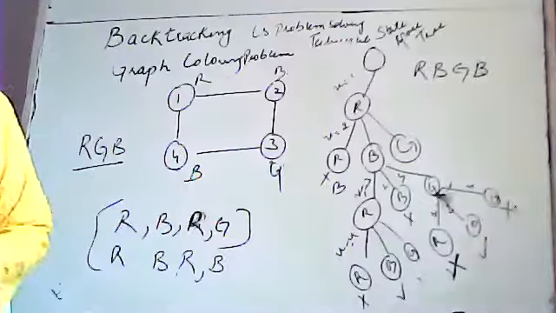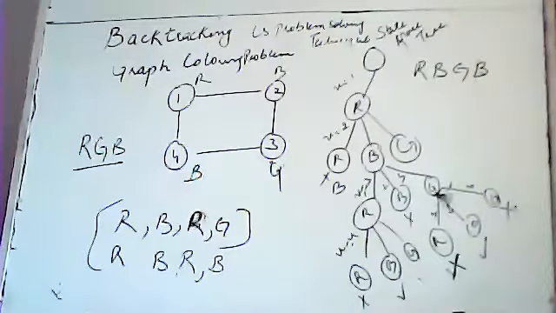So these are the three solutions which we will find for the first row. Similarly, you can color node number 1 with blue, then node number 1 with green. Is it clear? Any questions? If it is clear, raise your hands please. Just like the queen problem, you have to find the color for every node, every vertex.